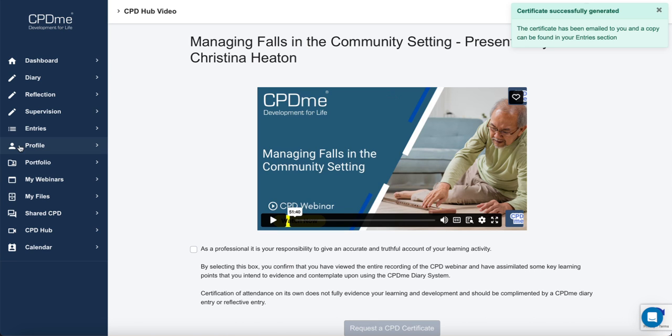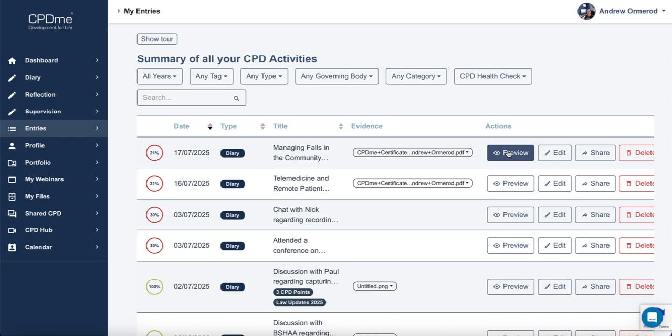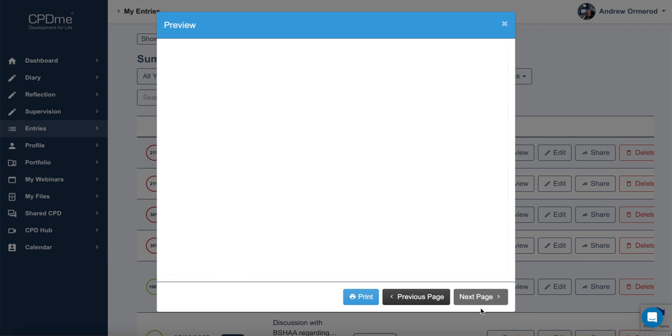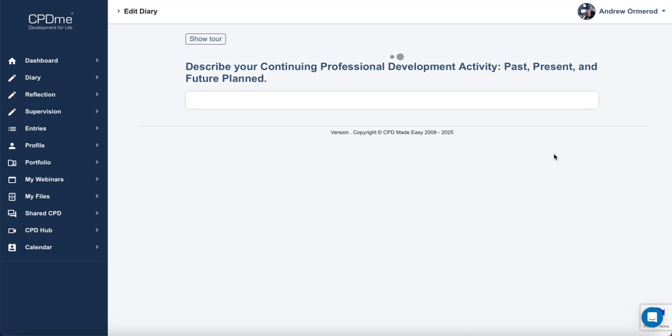Basically, when you go now to your entries, you will see here at the top, we've already created this entry with that certificate. And when you preview that, you can see here that it's got the title, the category and the date, and then you will have your CPD certificate that will be sat in there. What's important now is for you to bring this 21% up to date, and you do that by going into